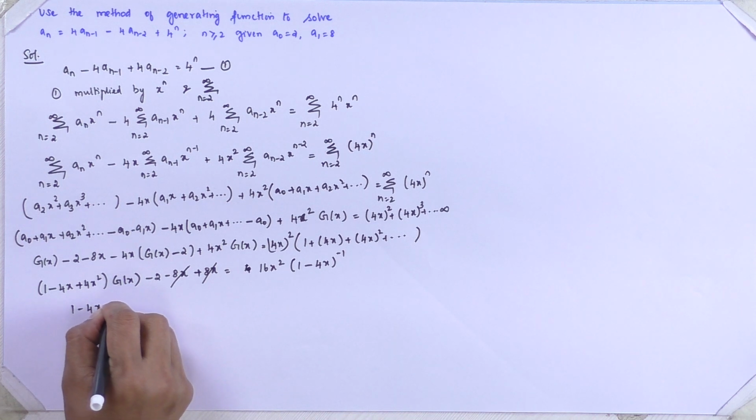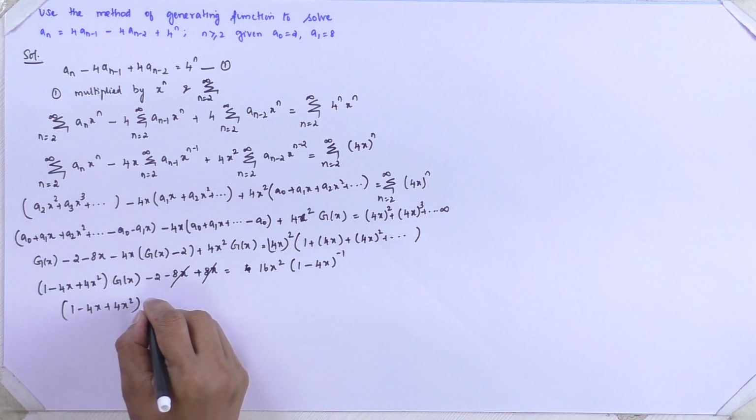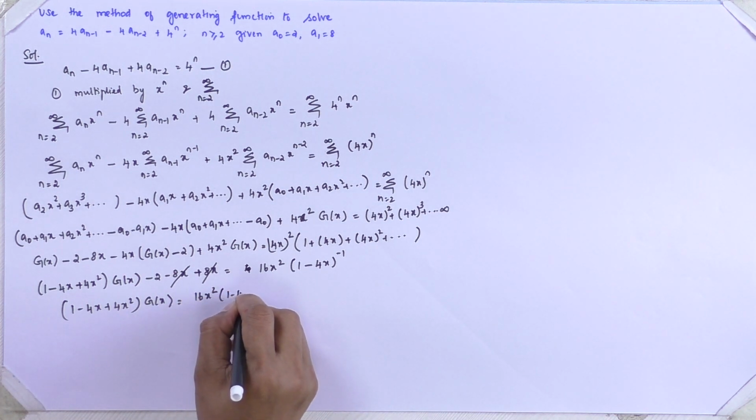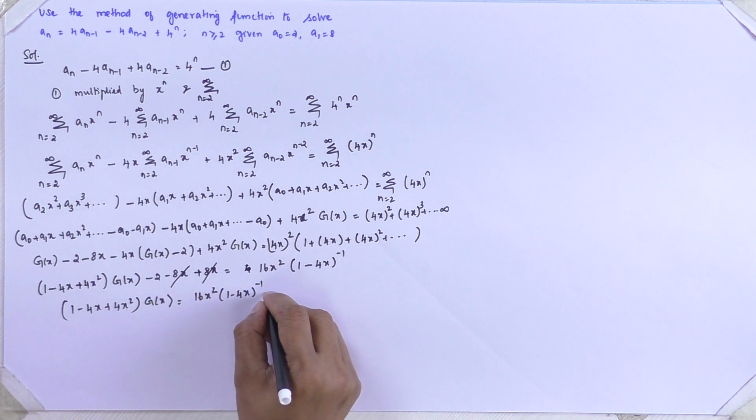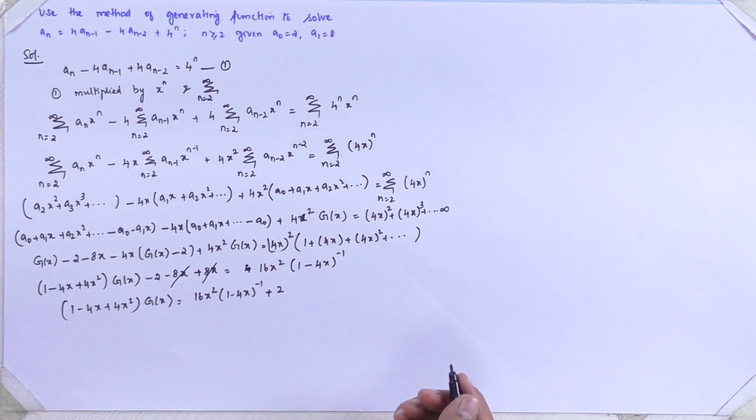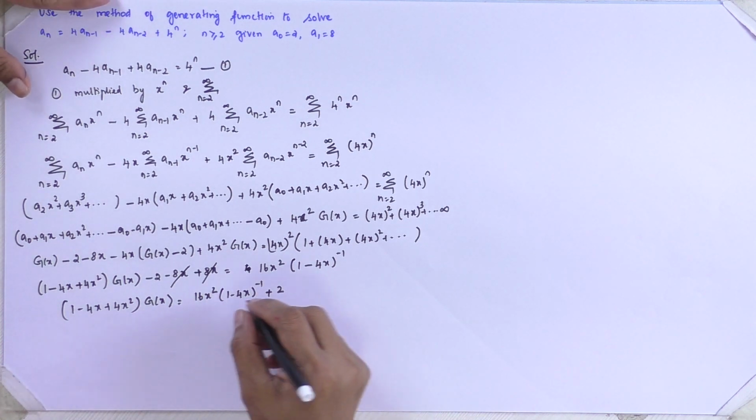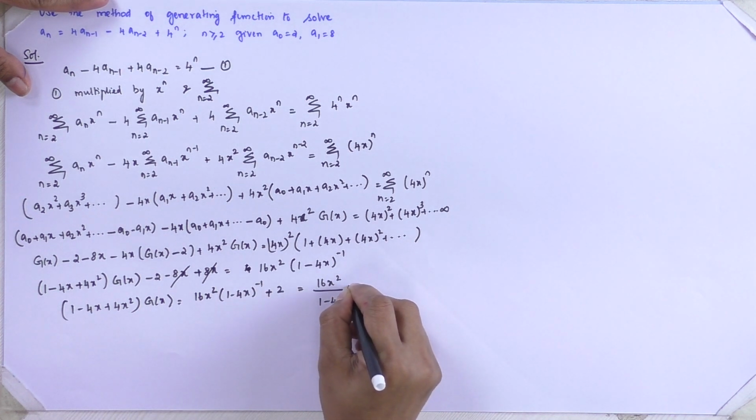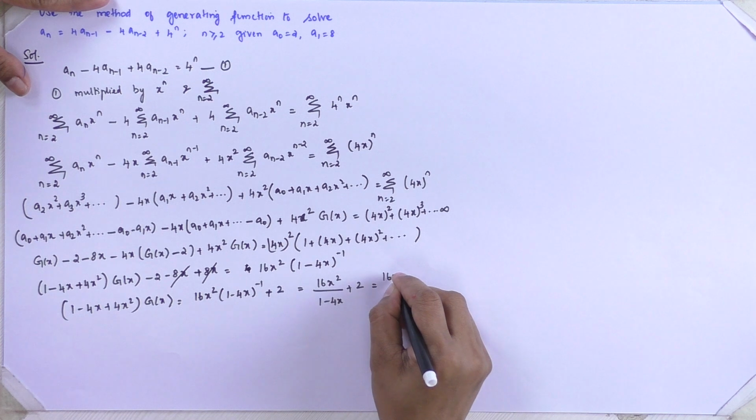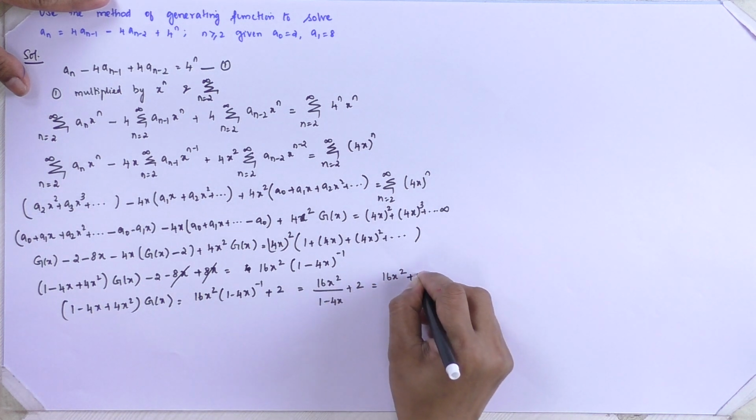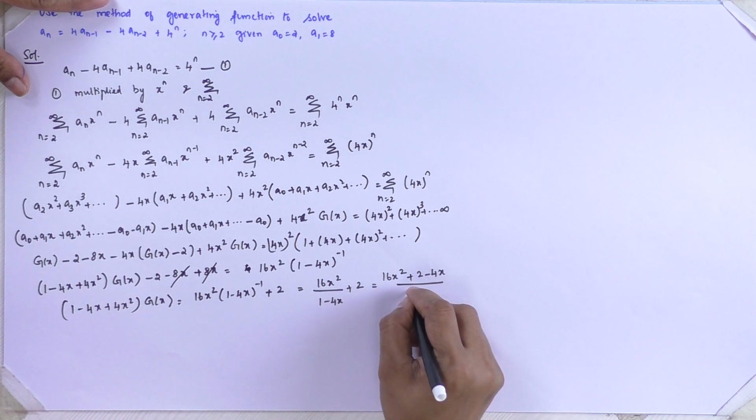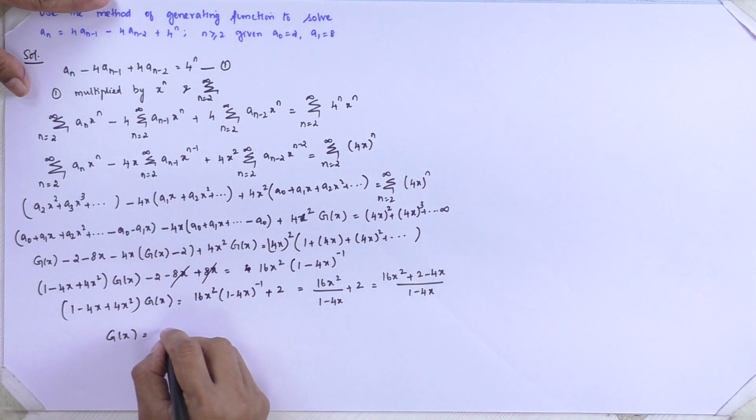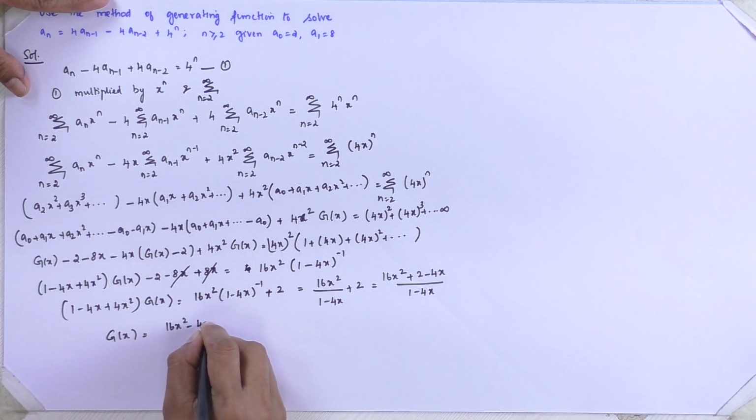So (1 minus 4x plus 4x square) into g of x is equal to 16x square into (1 minus 4x) power minus 1. This minus 2, if it goes to the other side, I will get it as plus. So now I will do the simplification. It is 16x square by 1 minus 4x plus 2, or this will be equal to (16x square plus 2 minus 4x) by (1 minus 4x), or my g of x will be equal to 16x square minus 4x